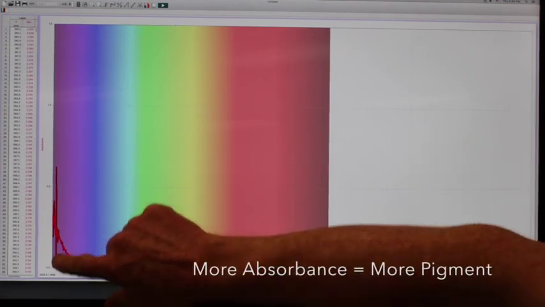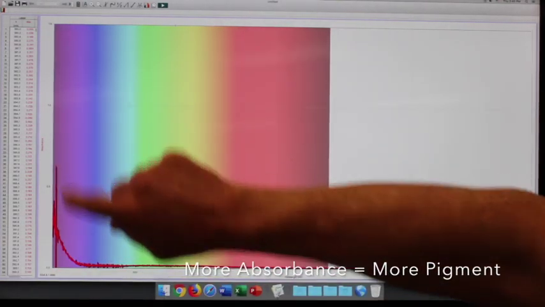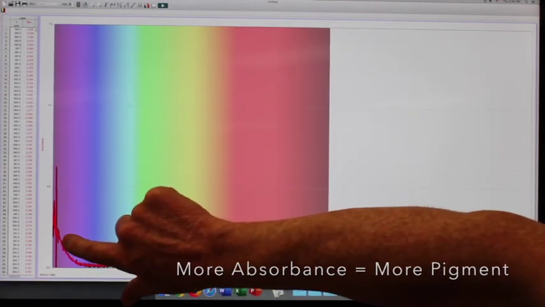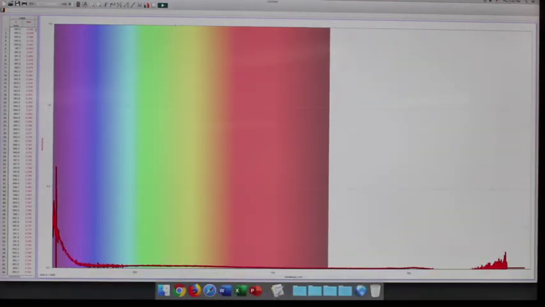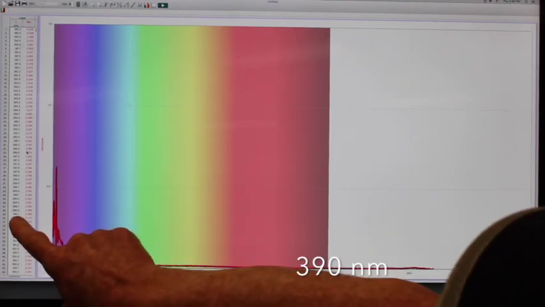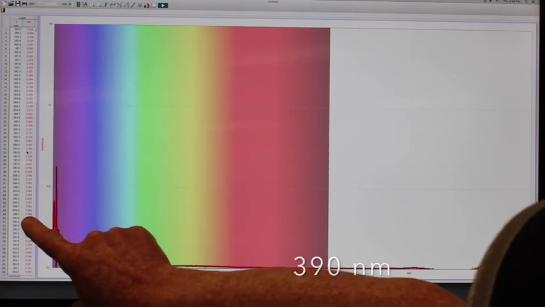Now I want to get an estimate of the amount of pigment in the solution. We're going to get that estimate by the height of this absorbance peak. 390 nanometers is right about there. And so we're going to use that absorbance at that wavelength to determine how much pigment is in the solution. So if I scroll down here to 390 nanometers, our value is 0.169 optical density, or O.D. So 0.169 O.D. is the value that you want to